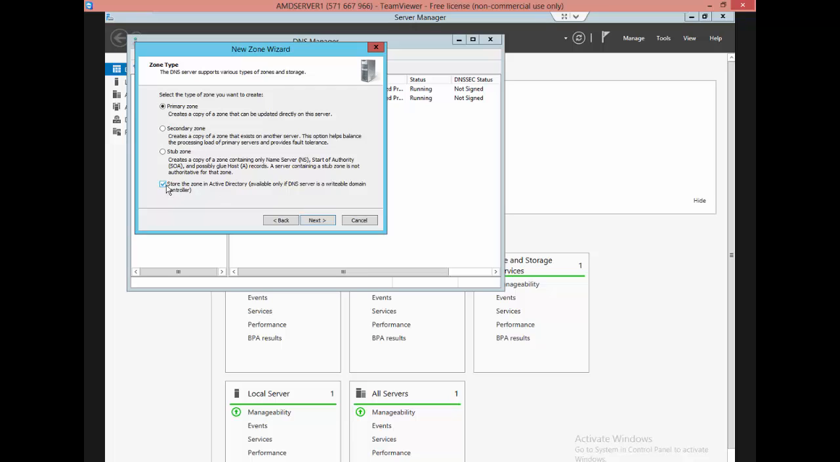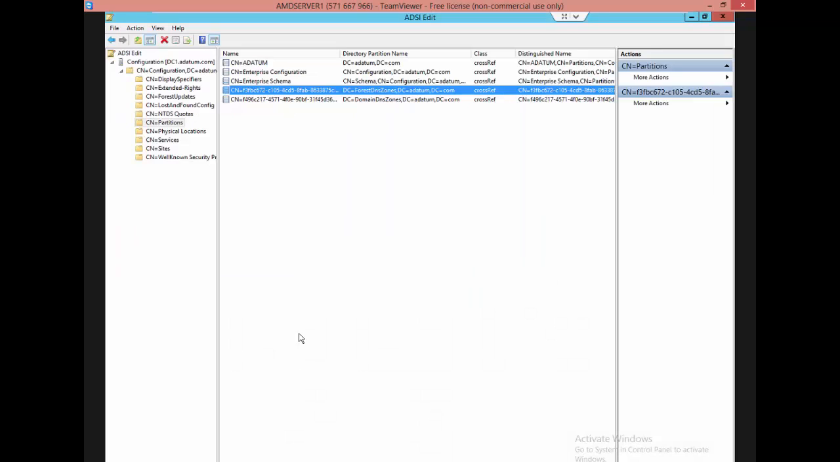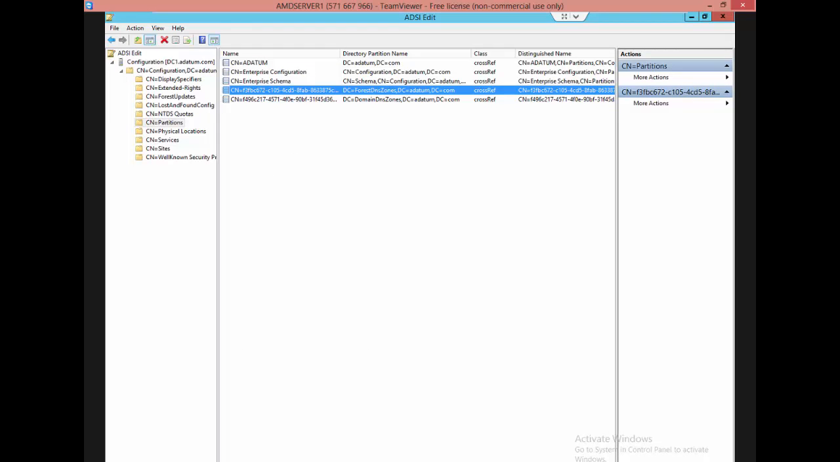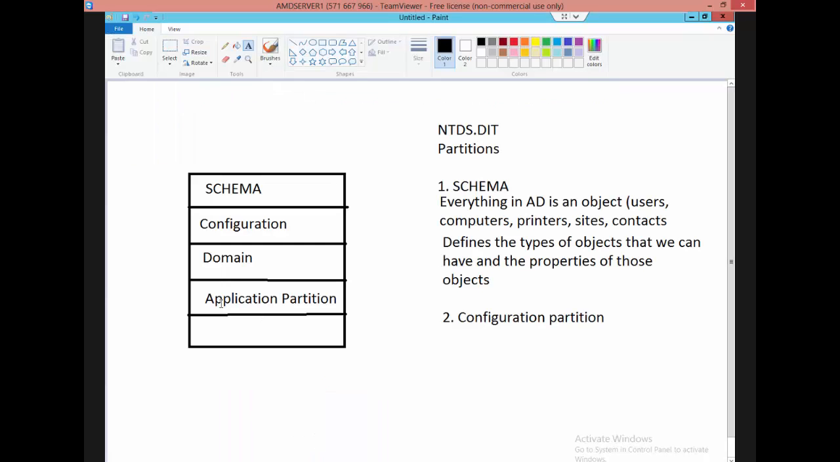So if I select this option, if I'm just creating a new zone, let's say there's no zone on this computer before, and I'm just creating a new zone. If I select this option, that is when it goes into the dit file and creates these partitions that we see here. So that's why this one actually has no name. This one that we're talking about has no name. It's an application partition. You can have as many as possible. But these first three,